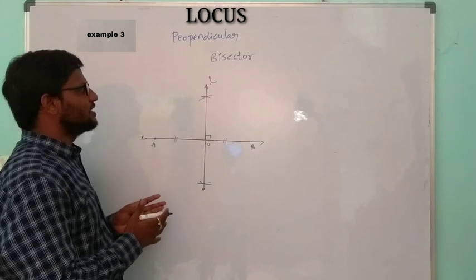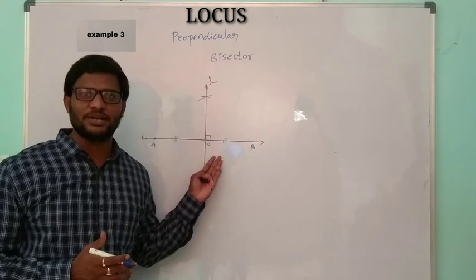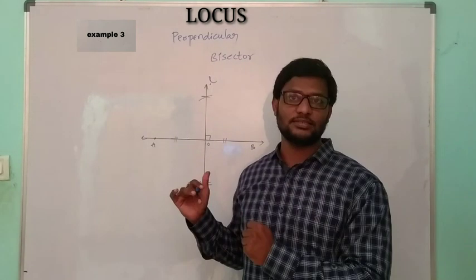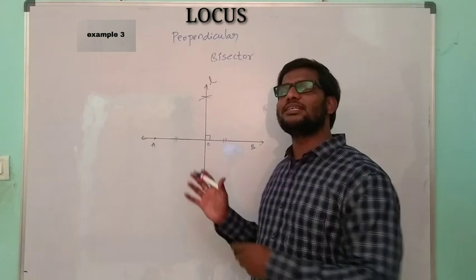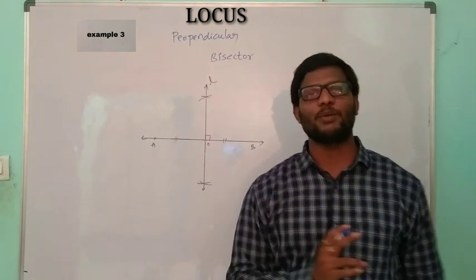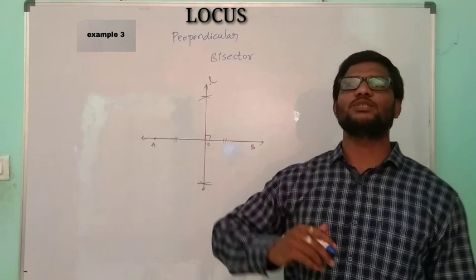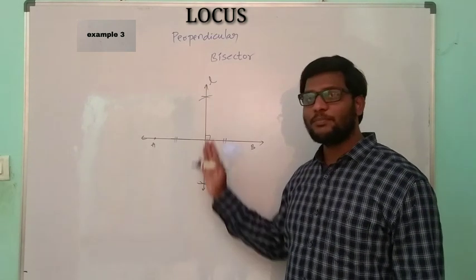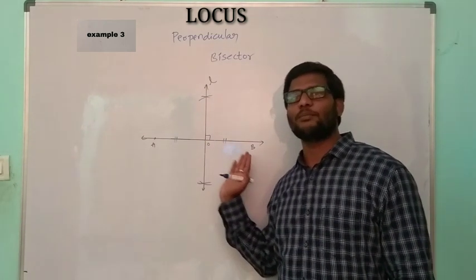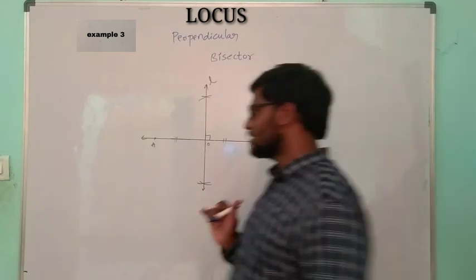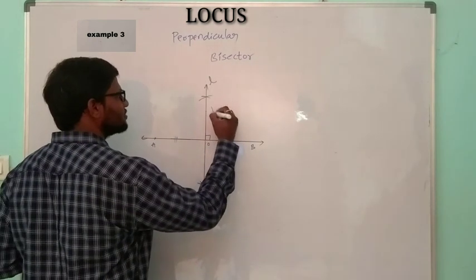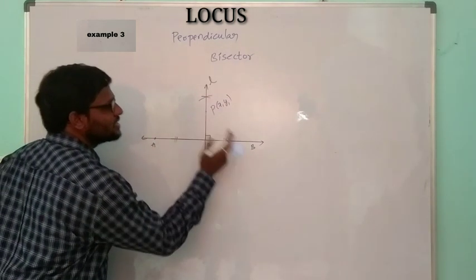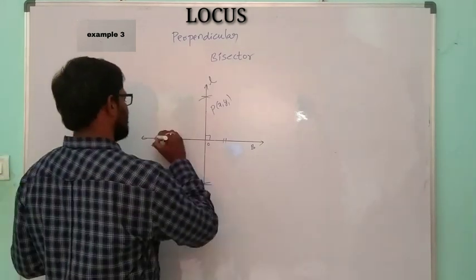And what is the speciality? There is an interesting point behind this perpendicular bisector. Why is it a locus? It is a locus only if every point on this line has a common property, that is, every point satisfies the geometrical condition. What is that condition? Every point on this locus is equidistant from A and B. Let P be a point on the perpendicular bisector; the distance from P to A and from P to B is the same. If you want, you can check it.